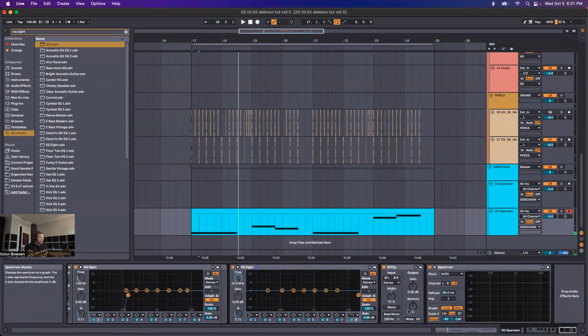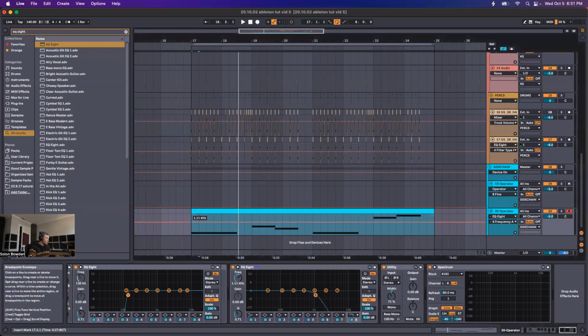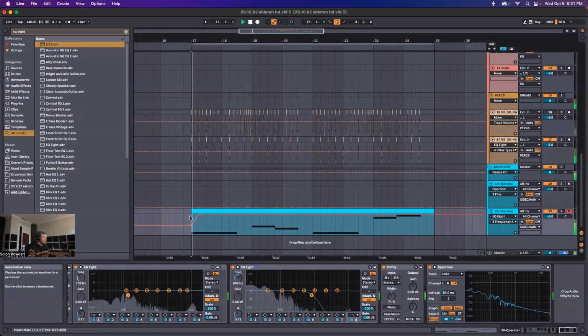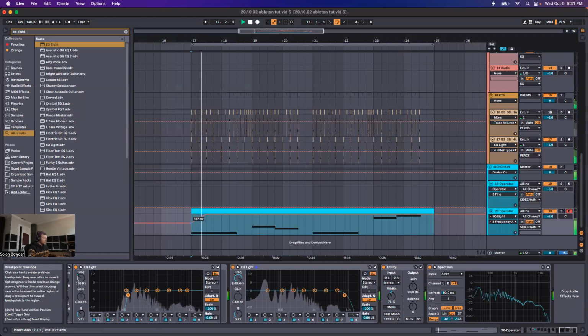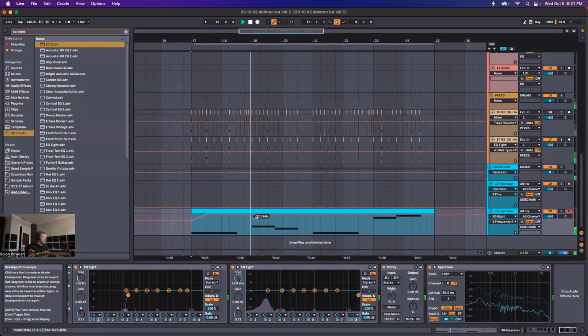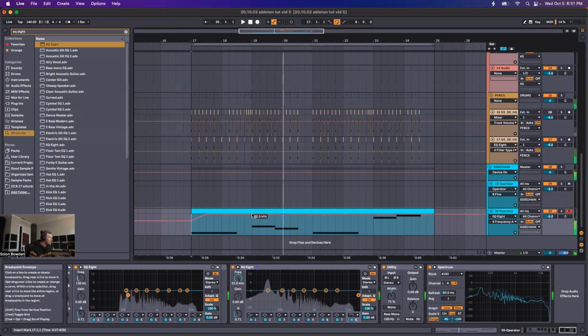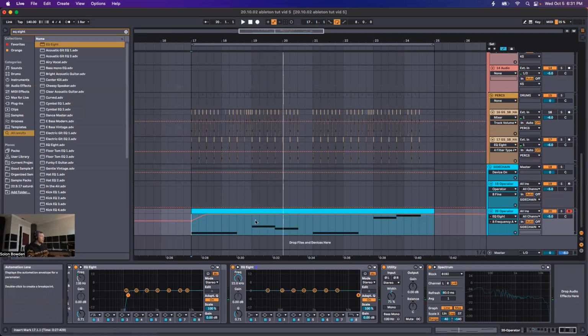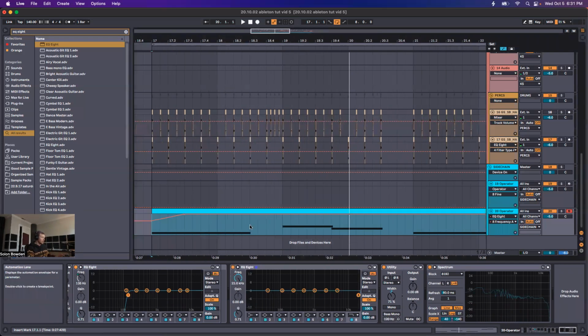All right, let's automate some filtering here. And as we get more into these videos, I'm going to show you lots of ways to automate different sorts of filter LFO, but a lot of the times you just can't beat drawing stuff in. So if you want something like this,